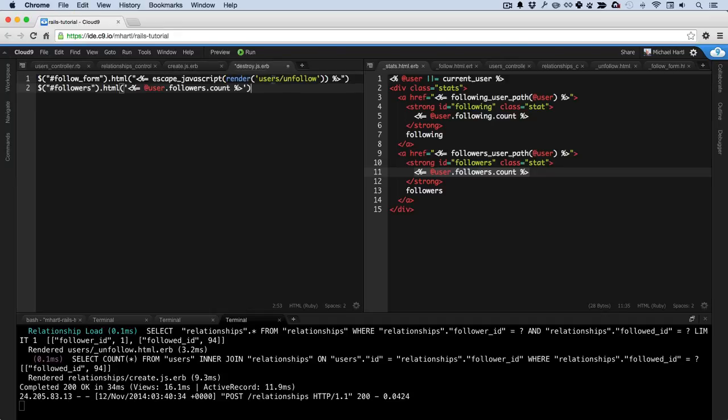We just copy and paste and change this to follow. This is still follow form. And the second line is still the same as well. We're just replacing this ID's contents with the updated count. So if we save this